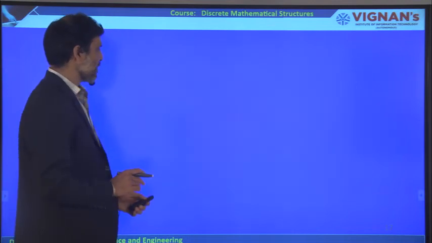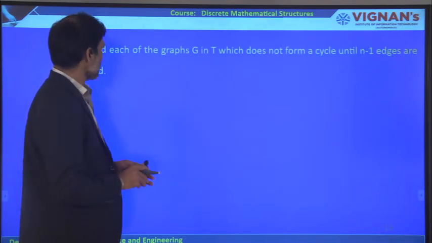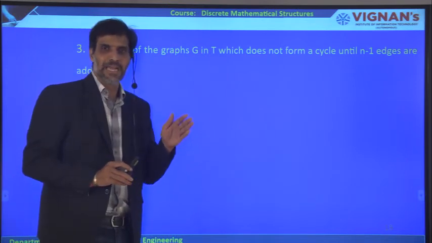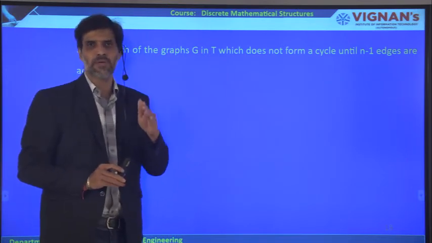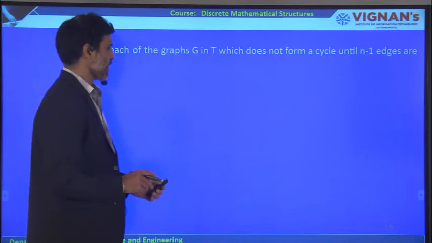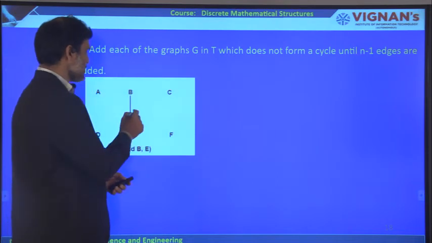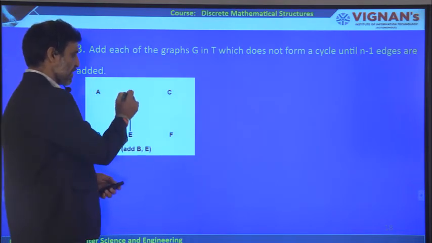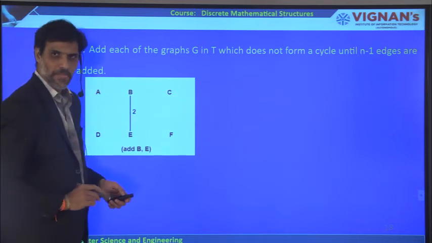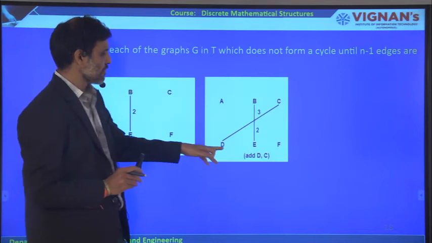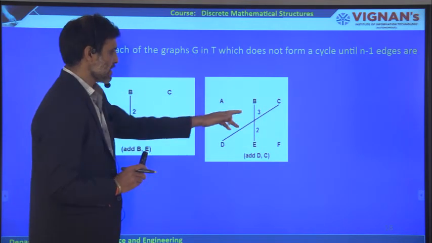Now the next step is to add each edge of the graph Z. How are we going to add them? According to the weights, in the increasing order we have taken in the previous step. So first, because this particular edge contains the minimum value, we try to add the edge BE. That is the first step. And the second step, once you complete this, is to add the edge DC, because it is 3.